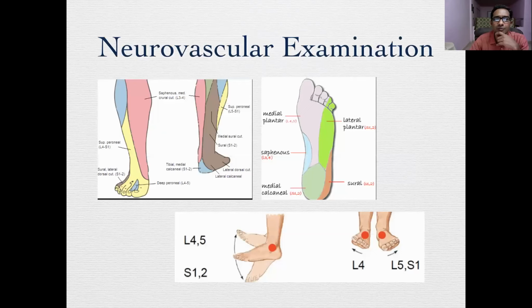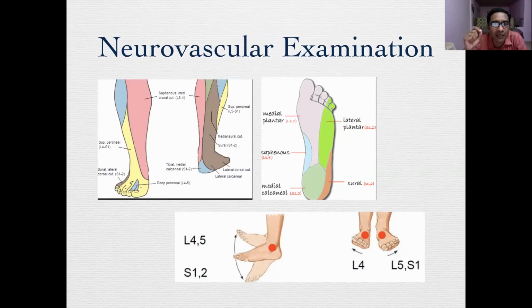Once you have finished movements, you have to do a very detailed neurological examination. It's as tricky as the hand. People tend to remember the hand innervation well, but forget about all coming close to the foot and ankle. You should know them. You should also know the nerve supply, the peroneals, the superficial and deep, what deficit will occur in a common peroneal, what deficit will occur in a tibial nerve.